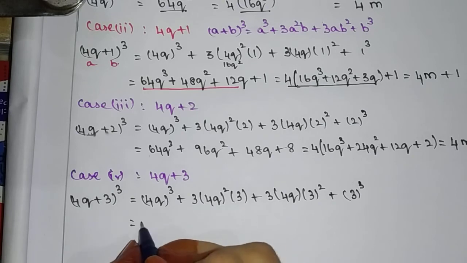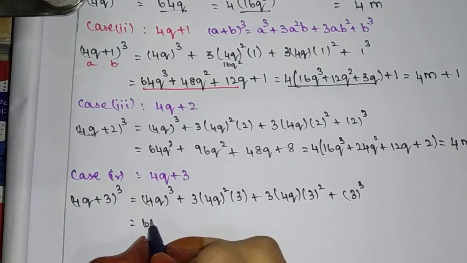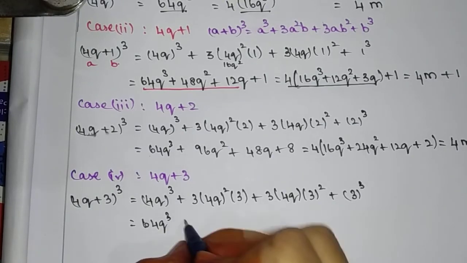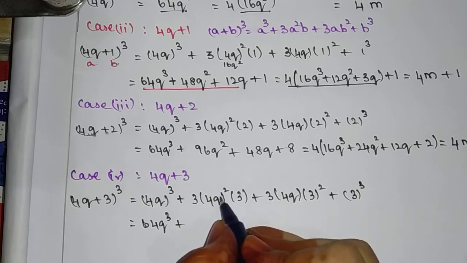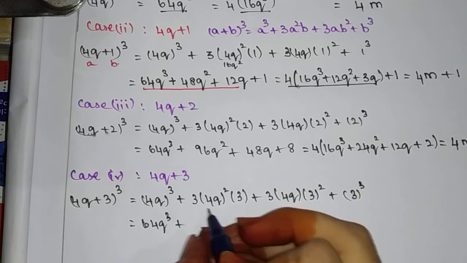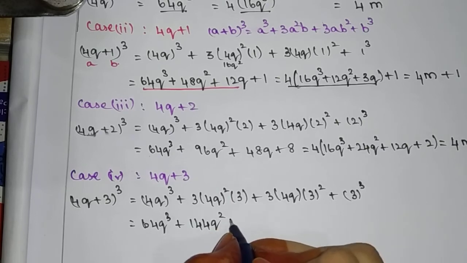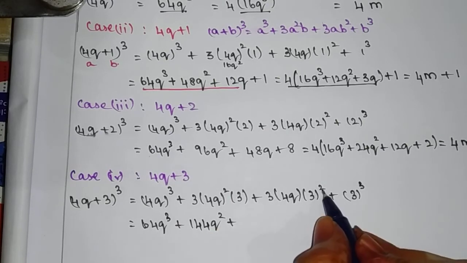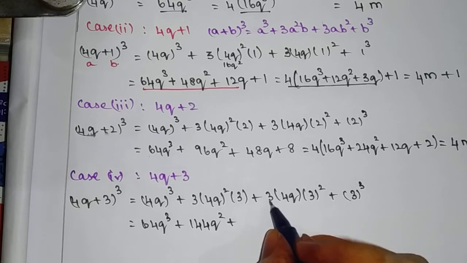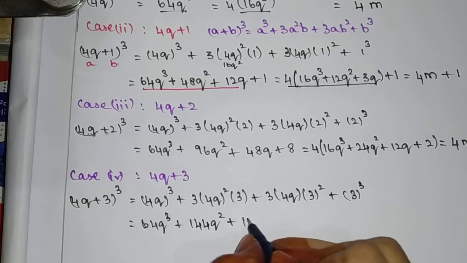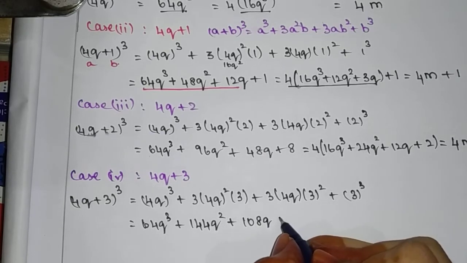Yeah, 4q the whole cube is 64q cube plus 4q the whole square 16q square into 9, that is 144q square, plus your 3 square is 9 into 4 into 3, that is 108q plus